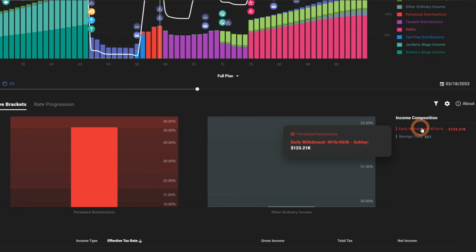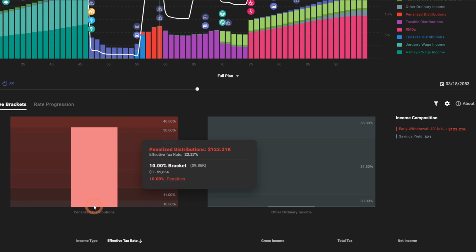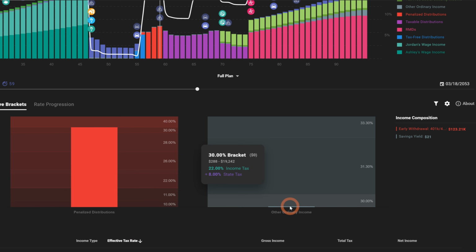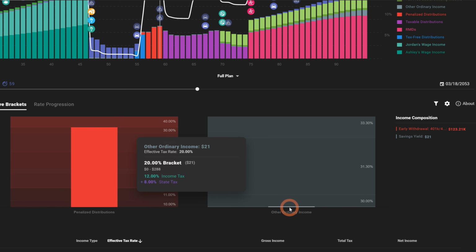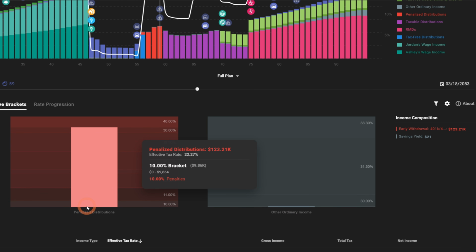We see here that ProjectionLab is selected just by the order the accounts were defined to withdraw from Ashley's account. In this case, we see most of the income here being a small amount of savings income over here, so almost a negligible amount, and then over here we have the 10% penalty being assessed even at the bottom rung. So normally you'd have a certain amount of standard deductions or itemized deductions in order to fill that sort of 0% tax bracket. So in this case, we were going to be paying 10%